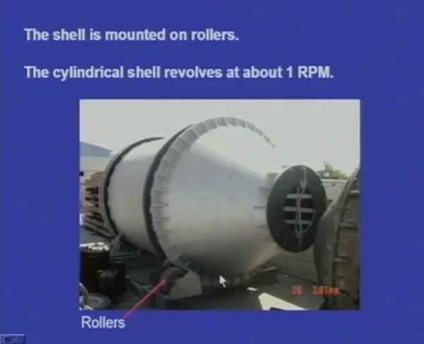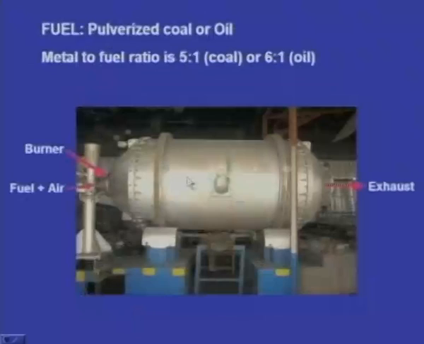As these rollers are rotating, the steel shell will be rotating in the other direction, and the cylindrical shell revolves at about 1 revolution per minute. Slowly it will be rotating, and inside the melting takes place. And what is the fuel? Pulverized coal or oil. Metal to fuel ratio is 5:1 in the case of the coal. That is, the metal to fuel ratio is 6:1 in the case of the oil, if we use oil as